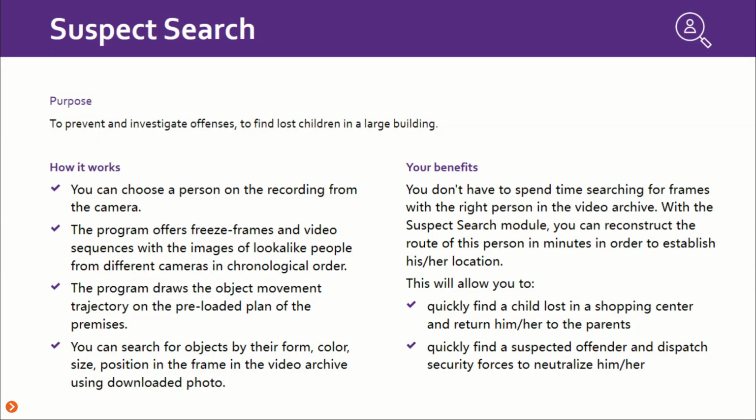Once this definition has been set, the system will look for a match of that object in all the cameras working with suspect search and tracking. It will give you suggestions, and after looking at them, you can pick what you feel is most appropriate to the description that you have provided. Once that has been done, you can go further and ask the system to do the tracking, so that the system will suggest anything similar to what you have confirmed in cameras working with suspect search.